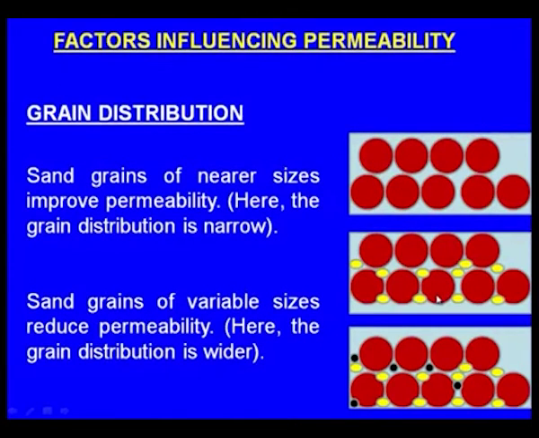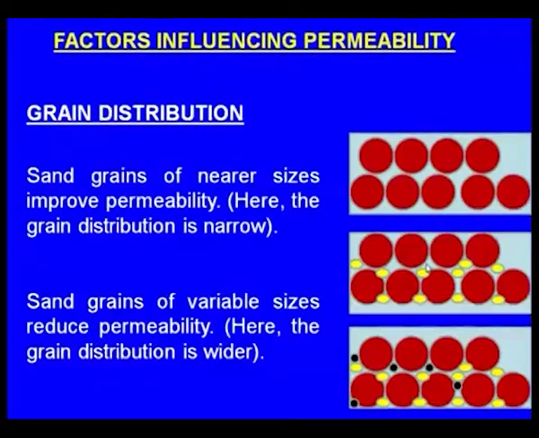Let us come to the second case. In the second case, two types of sizes are there. You can see these are the bigger grains, and in between the clearance there are small grains. If that be the case, the sand distribution is a little wide. Previously there is more clearance here, so the hot gases can easily escape, but in those clearances now the smaller grains are occupying. These small grains block the passage of the hot gases. That is how the permeability comes down.